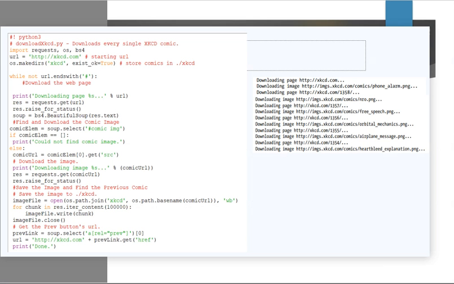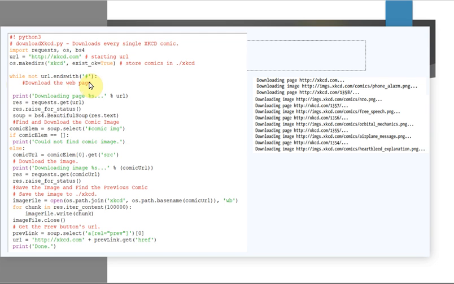I'll get back to the PPT. Here first of all we have the imports: import requests, os, and bs4, that is the requests module, the os module, and the Beautiful Soup 4 module. Then we have a variable URL that starts with xkcd.com. So this is our URL. Here you can see while not URL dot ends with hash.